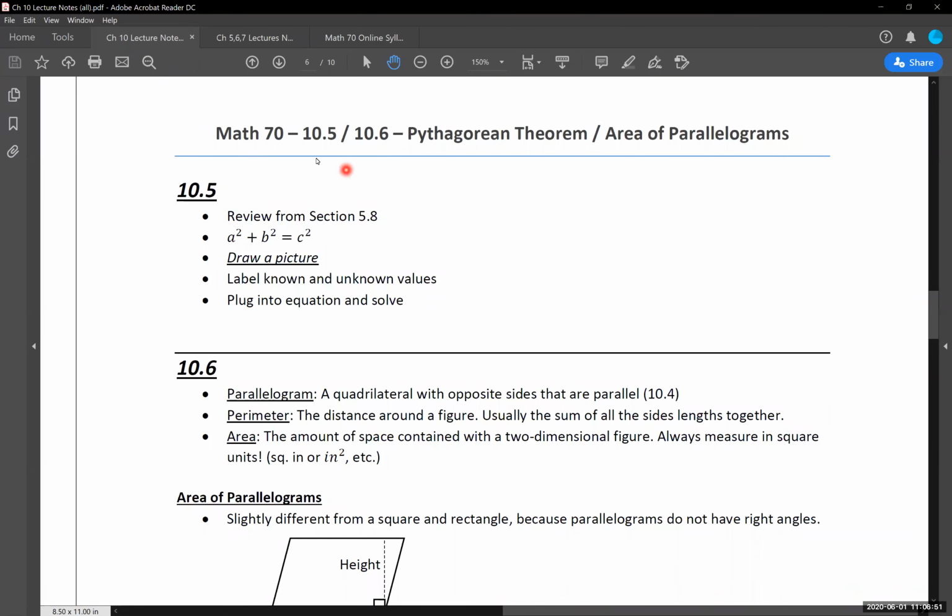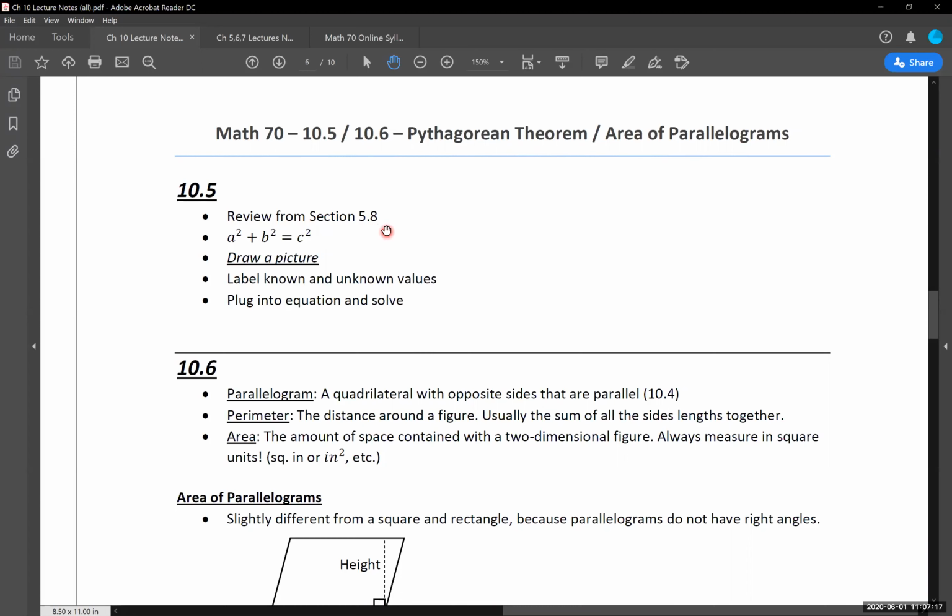So today we're going to be covering 10.5 and 10.6, working with the Pythagorean theorem and determining the area of parallelograms and our process for making that happen. So 10.5, again, getting familiar with the Pythagorean theorem. It's showing up again here in 10.5, but it's going to be a review of the section 5.8 material that we covered earlier in the